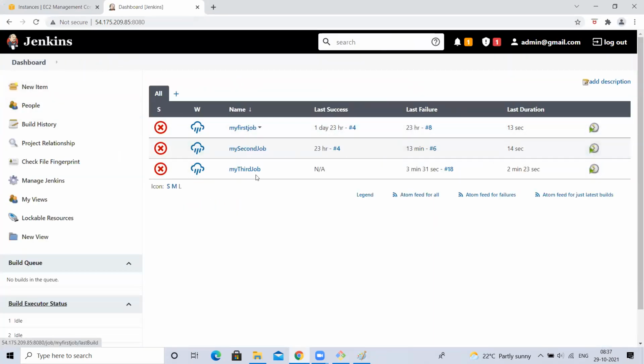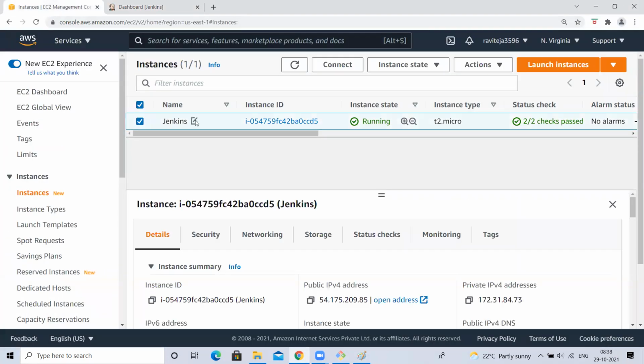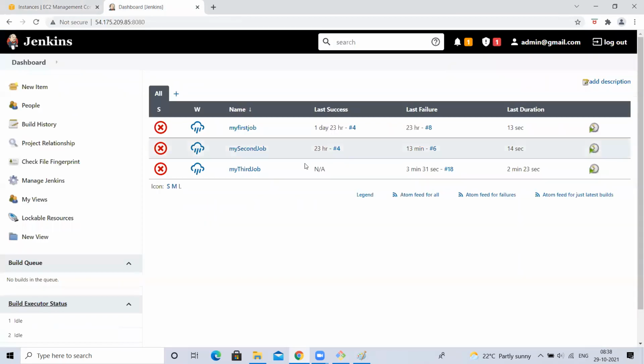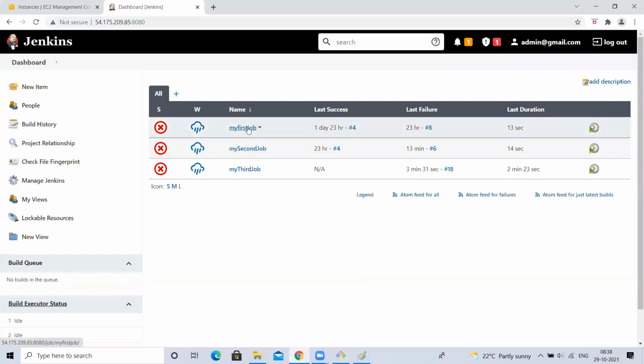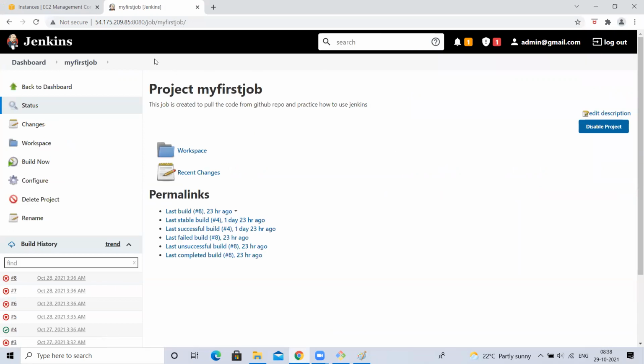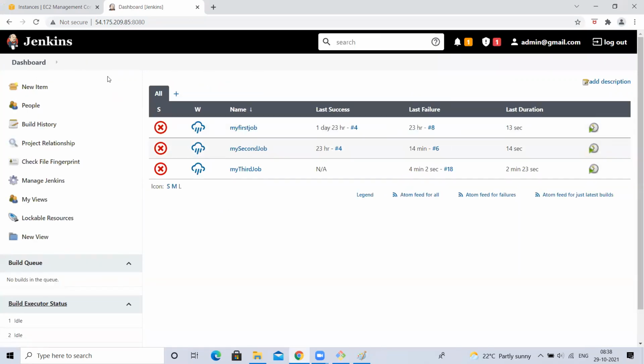I have 3 jobs here, right? These 3 jobs are in this Jenkins. Now, similar to this, I'll create one more Linux server and install Jenkins there, but that Jenkins needs the same jobs that are present here. One way is recreating everything: connect to that Jenkins, create a new job with each name, open this, see the settings, and write the same settings there also. That is one way, but I don't want that. Not only jobs, I want all the information here.